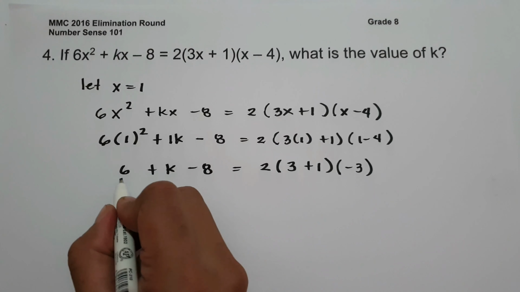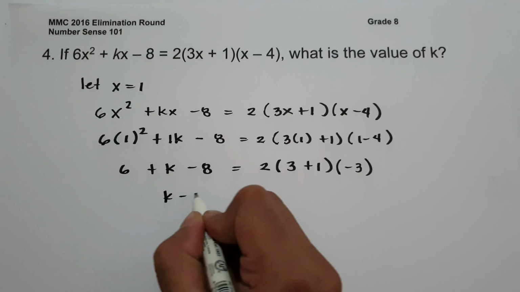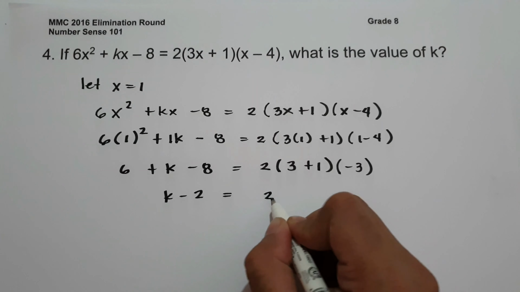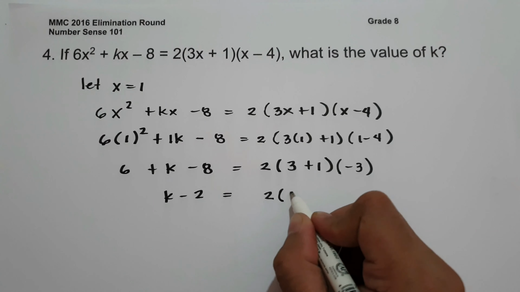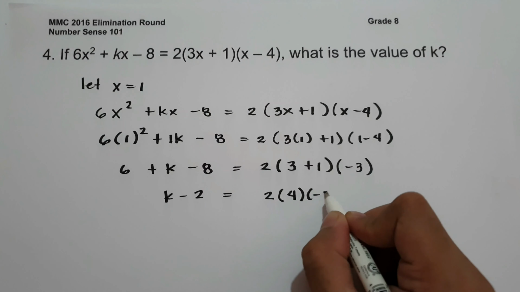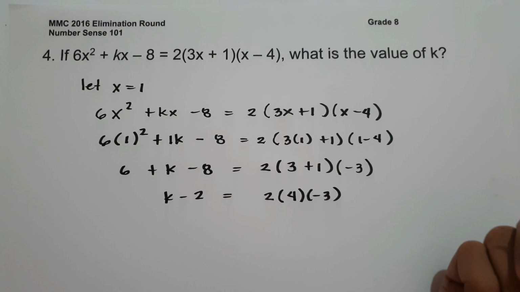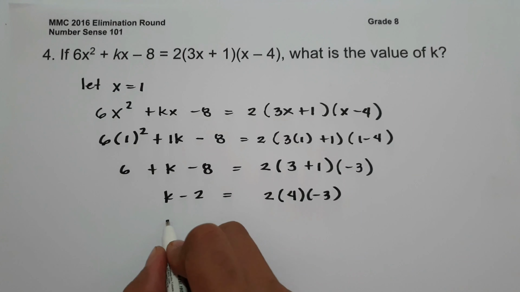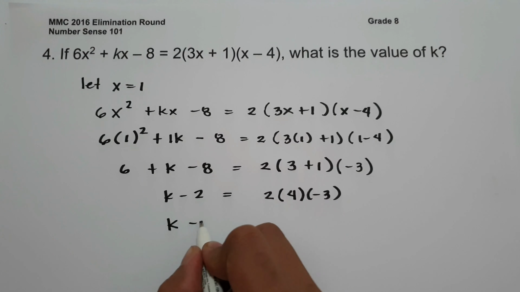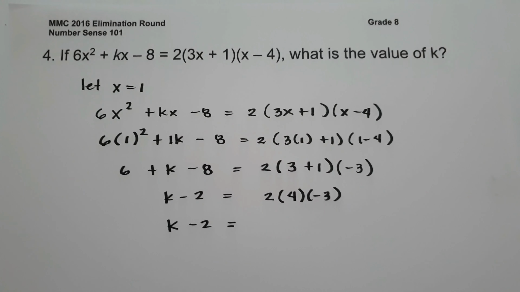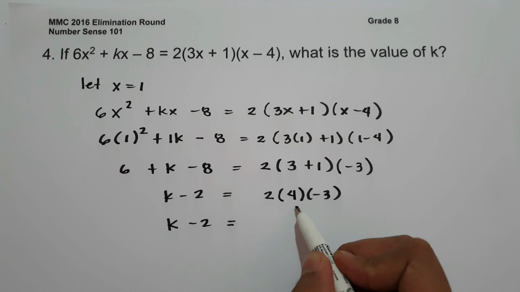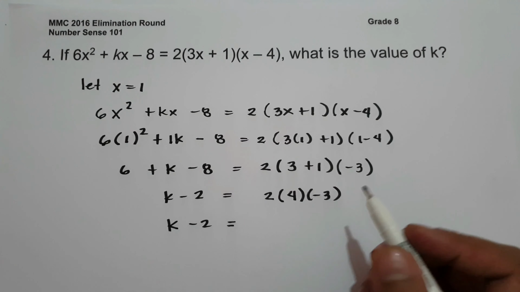So let us have 6 minus 8, that is negative 2, and then 2 times 3 plus 1, that is 4, times negative 3. And then let us have k minus 2 equals 2 times 4 times negative 3, that is negative